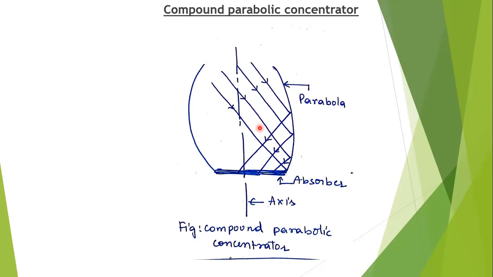The fin and tubular absorbers are economical, and they are good for thermal reasons. Thermal reasons means that in order to absorb heat we need fins, and with tubular absorbers we reduce the convection and conduction losses. Because of these fins and tubular absorbers, the thermal losses decrease, so it is good for heating.